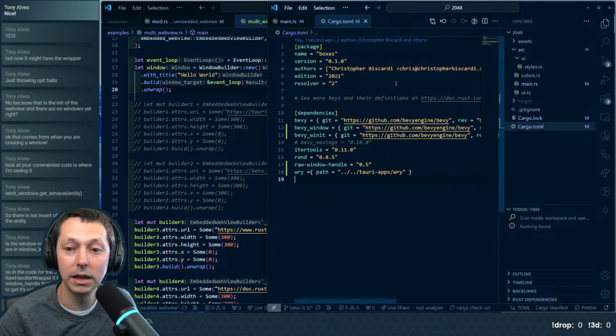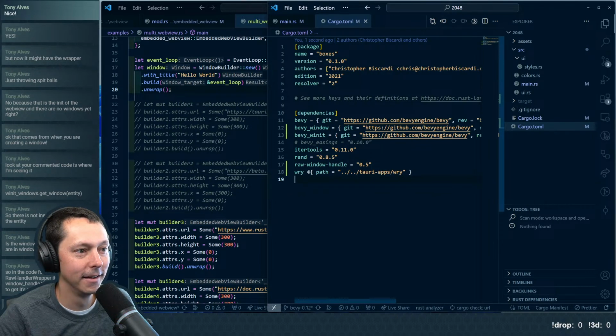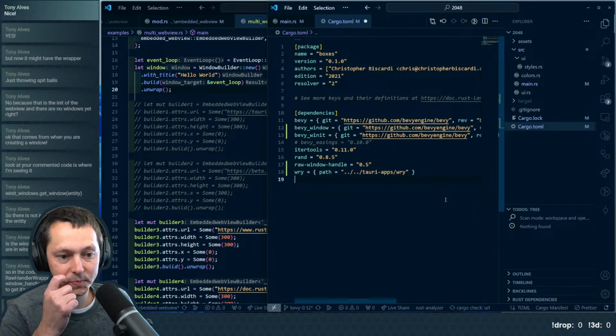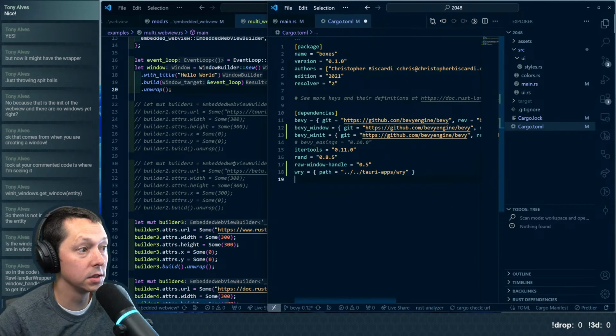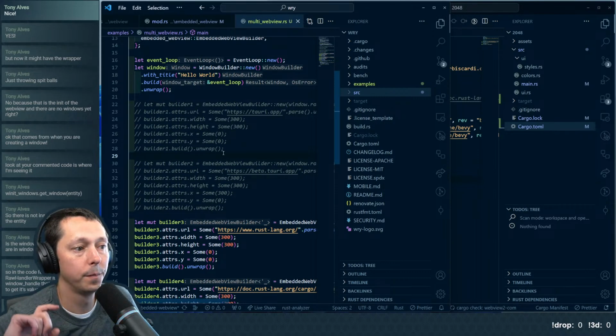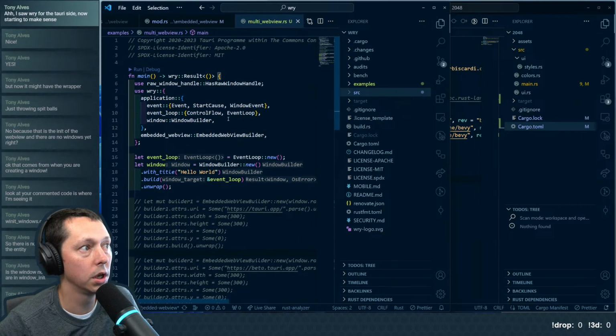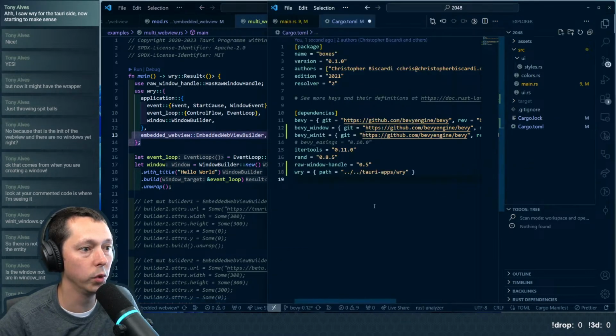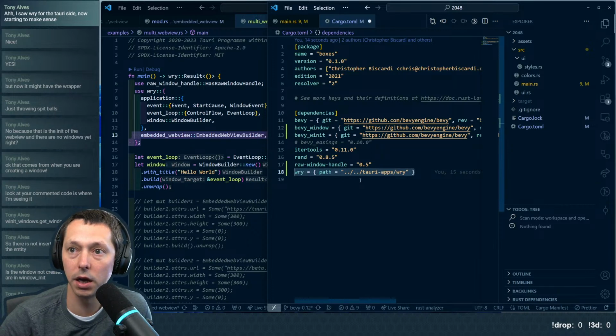It hasn't complained yet. Because what we're looking at here is an example. We're pulling that in here. If we reference it as a crate at the path,